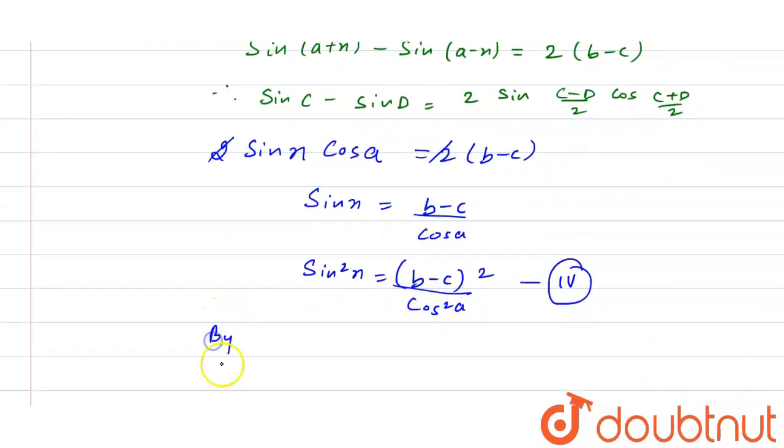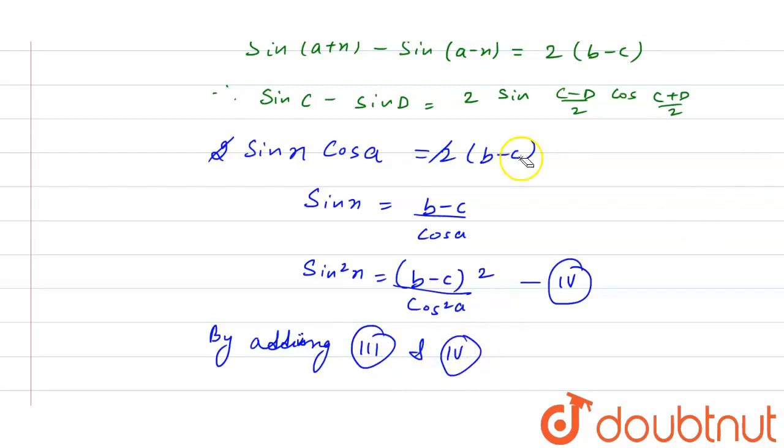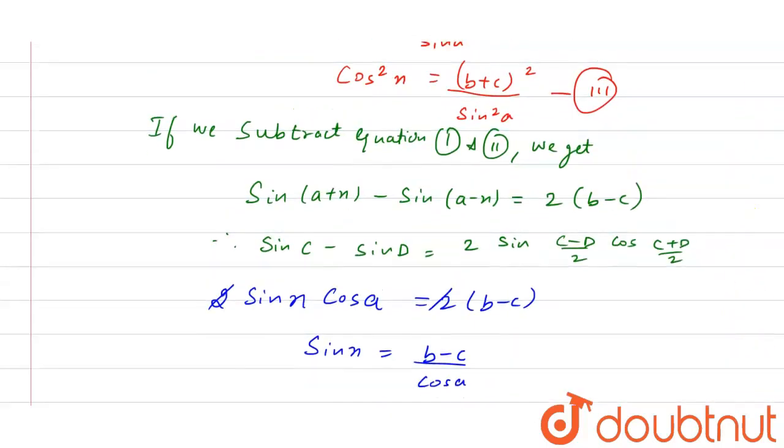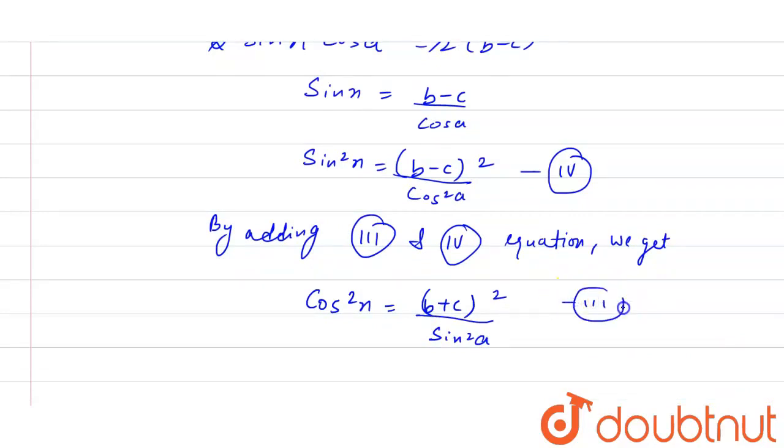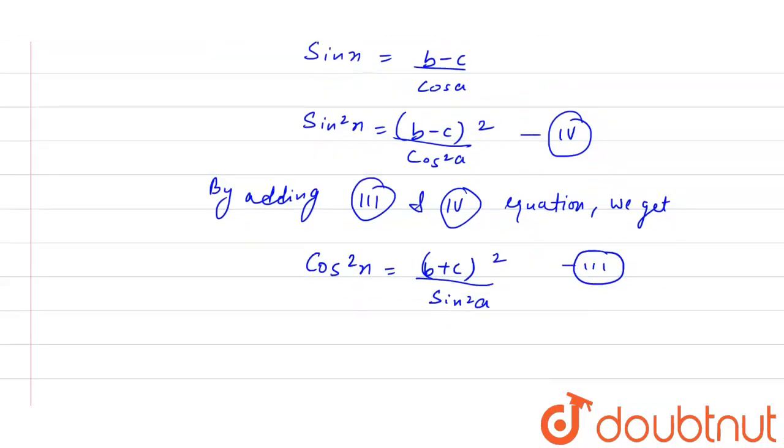Now by adding the third and fourth equations: the third equation is cos² x = (b + c)² / sin² a, and the fourth is sin² x = (b - c)² / cos² a. So by adding them, the left-hand side is cos² x + sin² x,